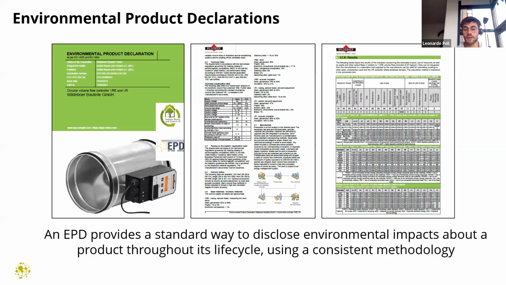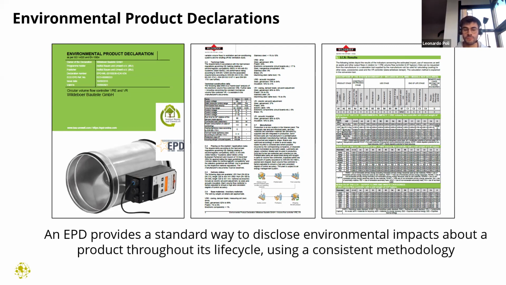Now, you might have heard the term EPD, which stands for Environmental Product Declaration. An EPD is a standard way to disclose environmental impacts about a product through its life cycle using a consistent methodology. And consistent methodology is really the part that I want to stress on. Consistent methodology is what allows us to make like-for-like comparisons. If we don't have a consistent methodology, unfortunately, making reasonable and guided information as to what we want to specify